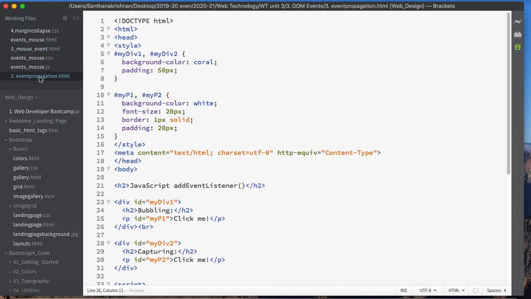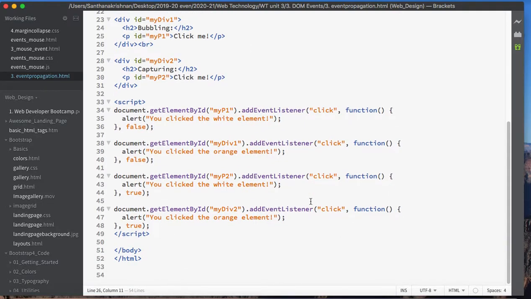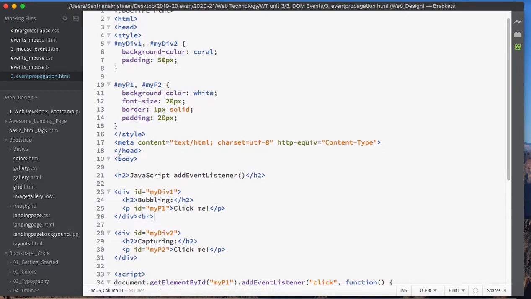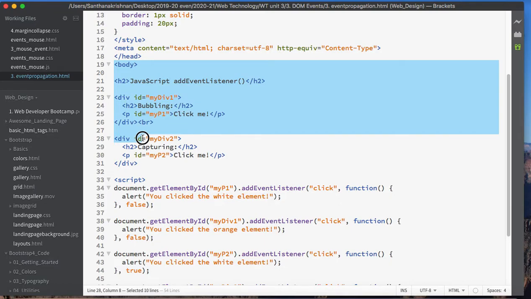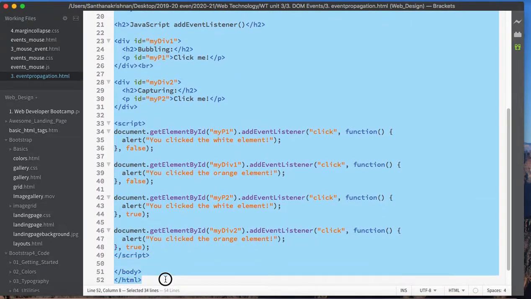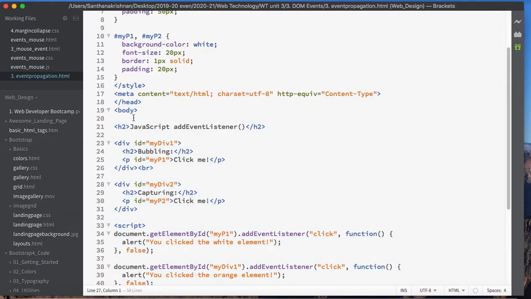Event propagation. Okay, see here, though the code looks a little big, it's quite simple. Here we'll come to the body part. I'll always come to the body part, to see what's happening inside the body. Inside the body we have the heading JavaScript addEventListener, followed by